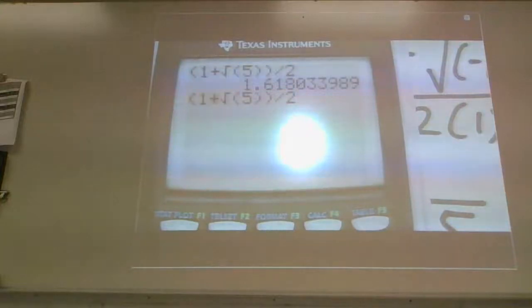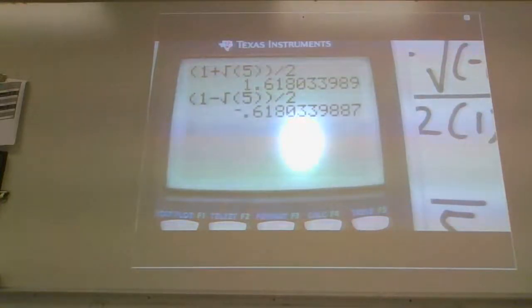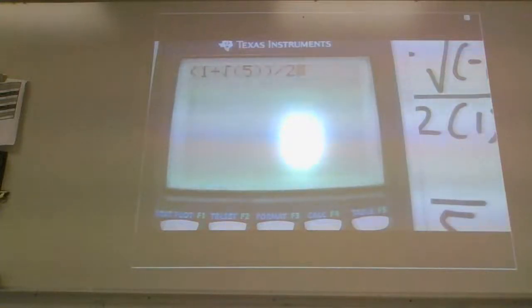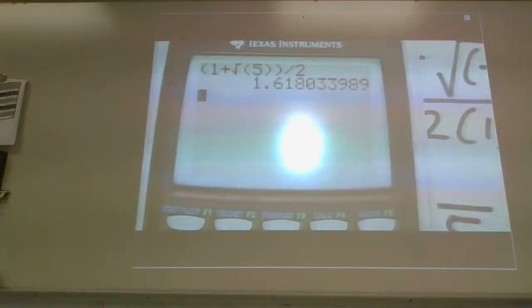You wouldn't do the minus. The minus would just give you a number that's meaningless at this point. That's not actually what we wanted. We wanted that one. This is the exact value. This is the number that is, in some people's opinions, divinely inspired. It seems arbitrary that a number like this would govern the universe.